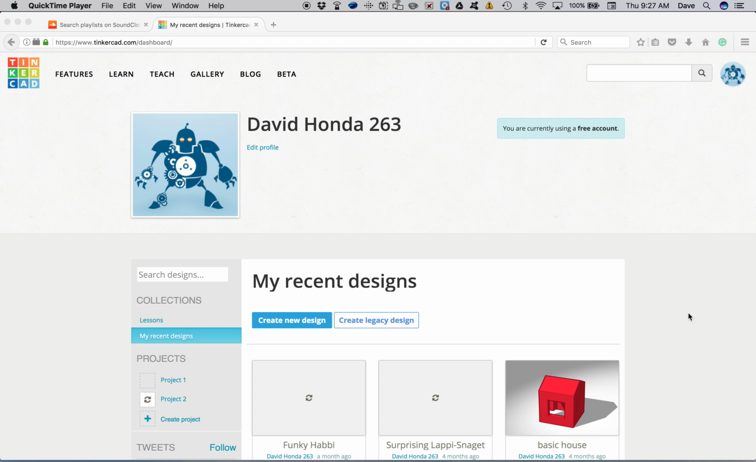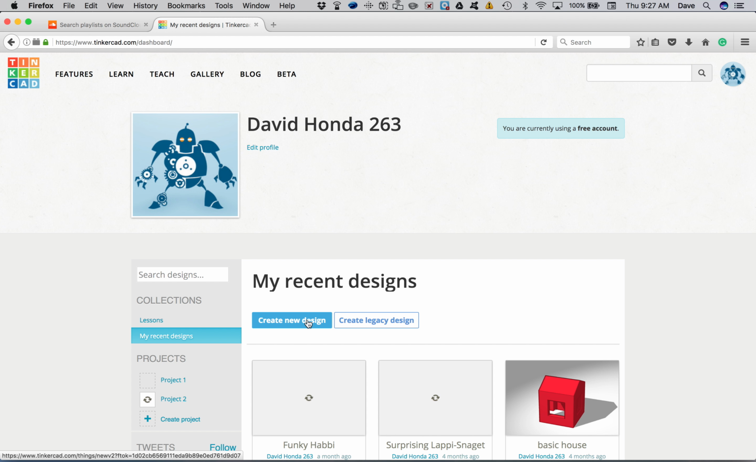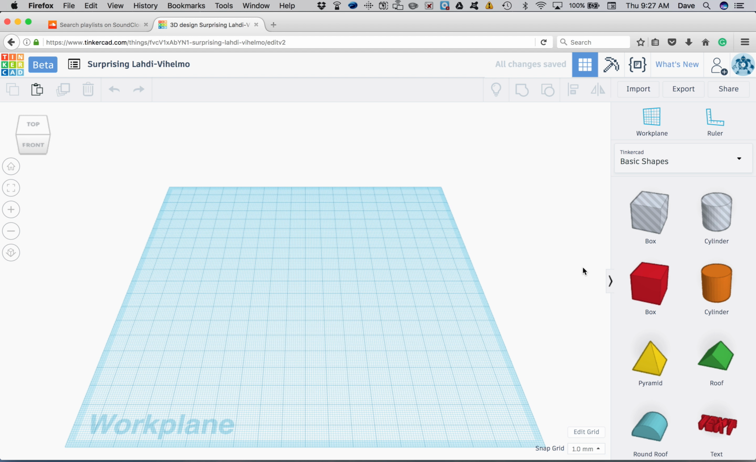Alright everybody, welcome to a very quick and rough introduction into Tinkercad. Now what I'm going to do is, I'm in my account right now, I've already created it, and I'm going to show you how to create a new design. I'm just going to show you some of the basics. A lot of it you're going to just try to play around and figure out for yourself, but let's try